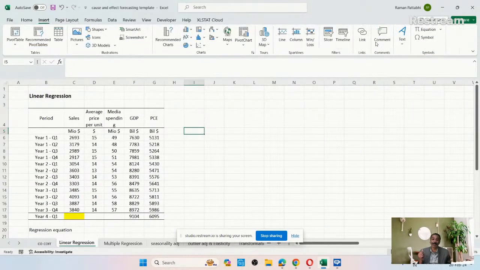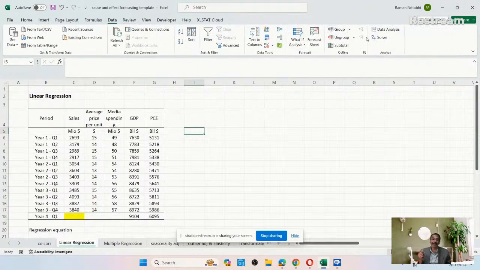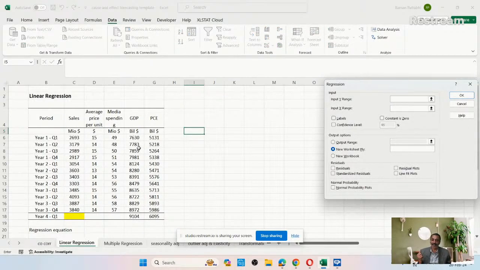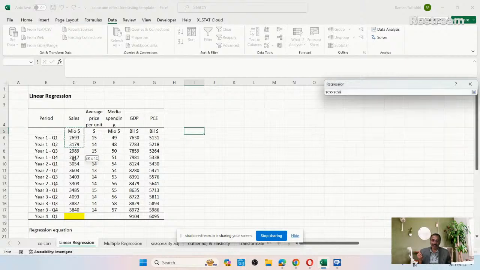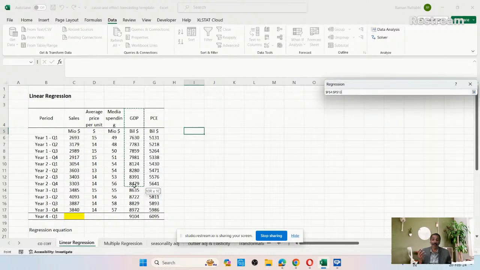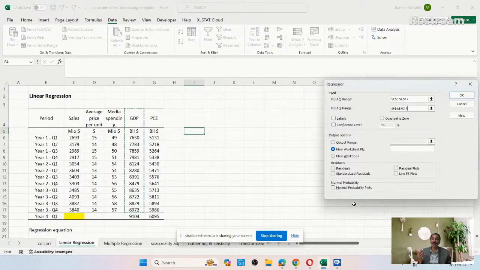If it is available, you can just go to data analysis, and there you can see regression is one of the items available. When you choose this, the input Y range is nothing but the sales, and the X range, of course, here we are selecting only one. In this case, I am using GDP. If you are using multiple regression, you can select the other one, two, or three, whatever is required. Of course, I have selected the label in the top row,